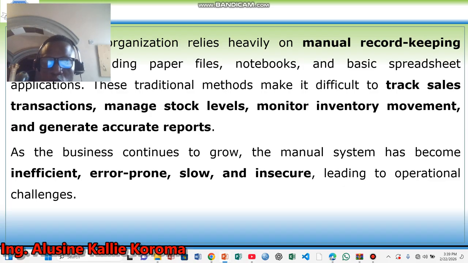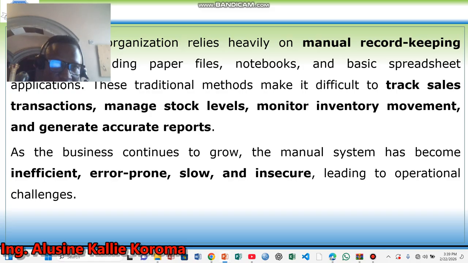Sometimes the enterprise also has a small database in Microsoft Excel, where they do some of their recording. The traditional method makes it difficult to track sales transactions, manage stock levels, monitor inventory movement and generate accurate reports. As the business continues to grow, the manual system has become inefficient, error prone, slow and insecure,